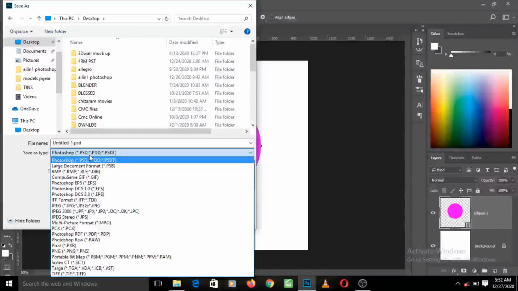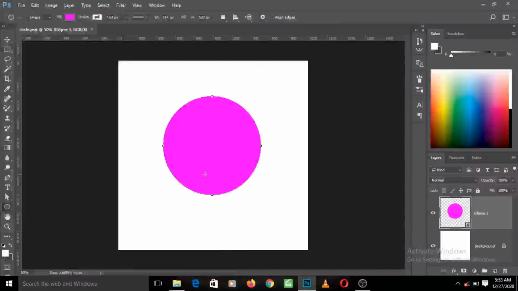So after selecting it, you can now rename it. So let's say I name it circle. Then all I need to do is press save, and it has gone ahead to save my work. So even if there's a power outage or anything happens, my work is still intact. So this is how you can save your file in the Photoshop format in case you want to revisit it. Now, what if you want to save your file in the already prepared format?